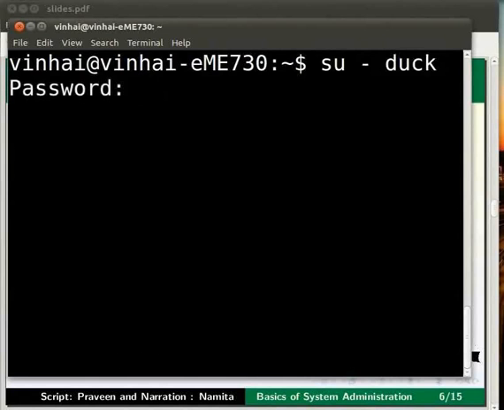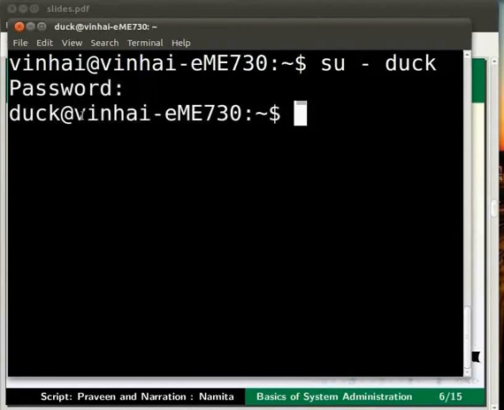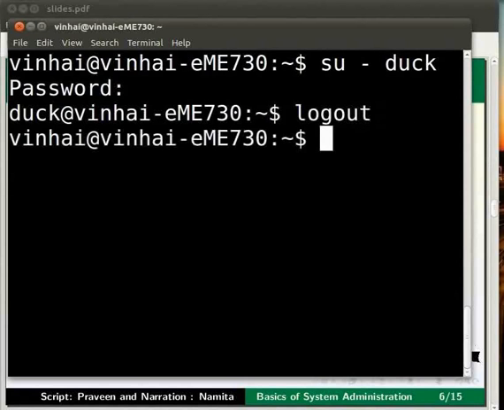You will be prompted for a password. I shall type the user duck's password here. Please recall that it was duck itself. Please notice that the terminal switches from the previous user to the new user, which is duck in our case. To log out from this user, type logout and hit enter. Now the terminal logs out from the current user duck and comes back to the previous user account, which is